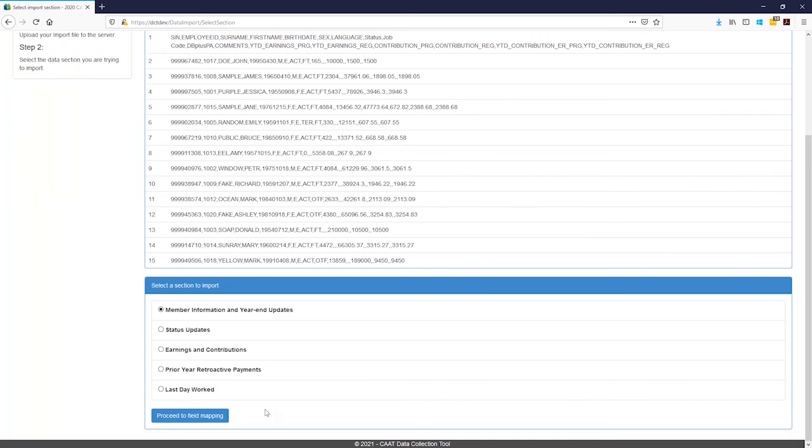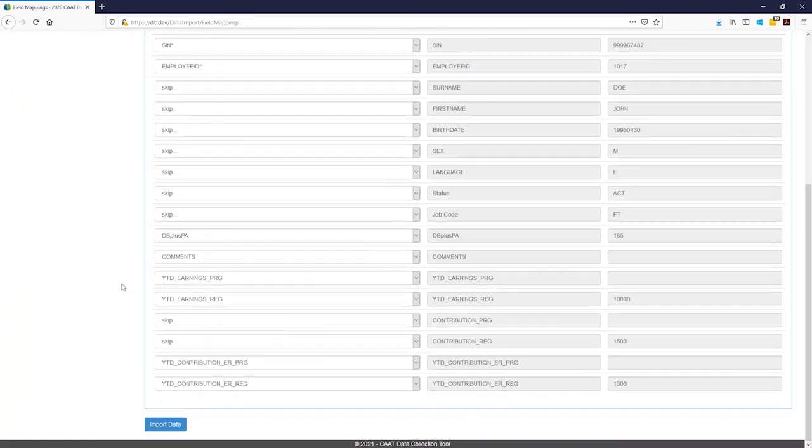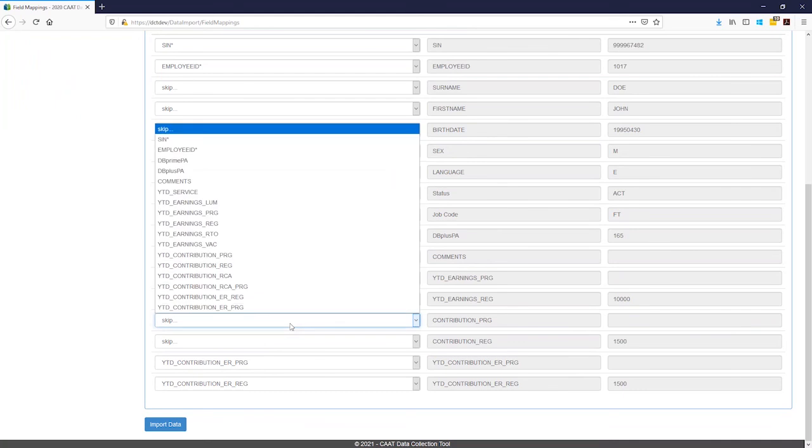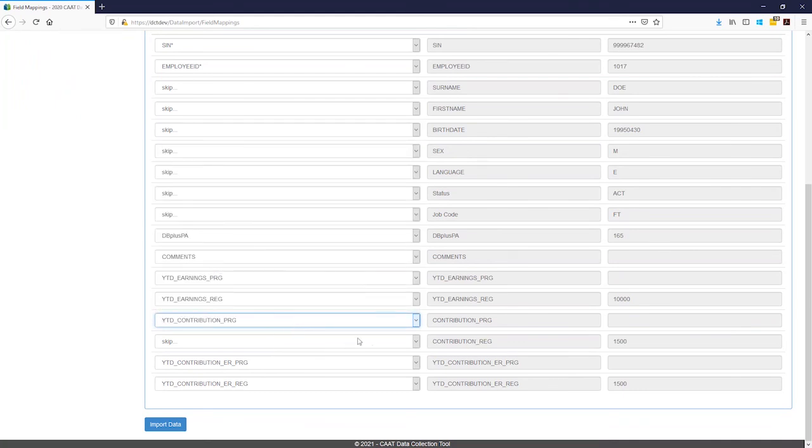We will click Proceed to Field Mapping. Here is an example of where I must manually map fields. Once mapped, click Import Data.